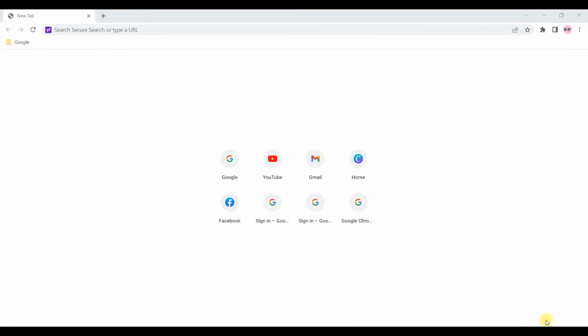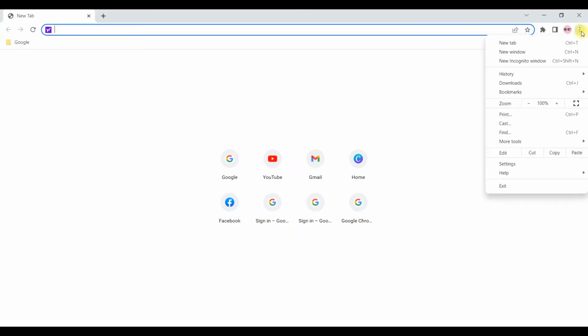Hi, in this video you are going to learn how to use the home button in Google Chrome. Here we can see there is no home button shown as of now. So let's go to this three dots option and click on settings